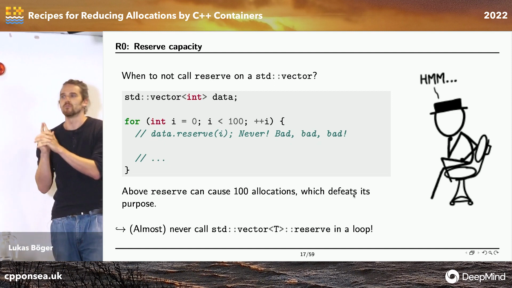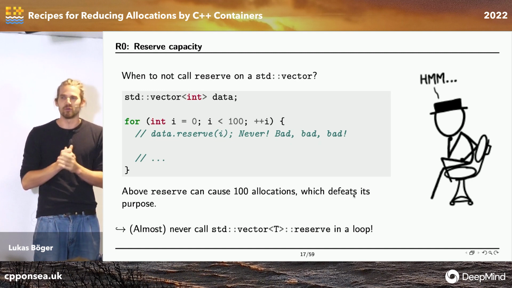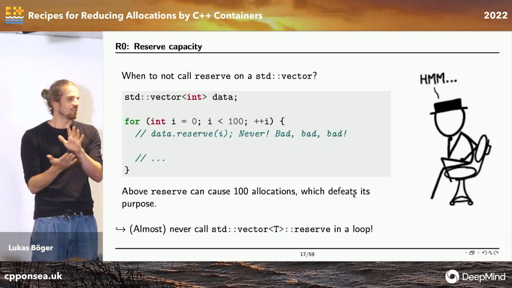Right. The comment was on memory fragmentation, and if we repeatedly allocate, then the memory might end up being anywhere. By the way, it's a good